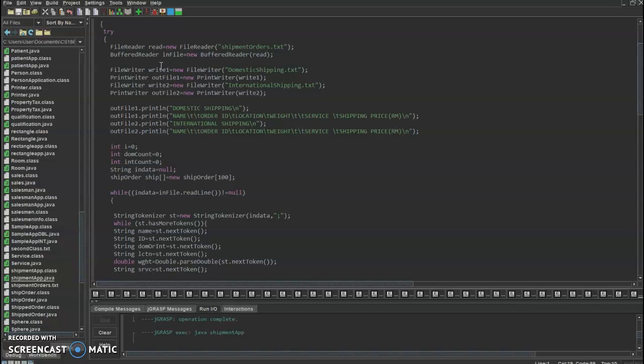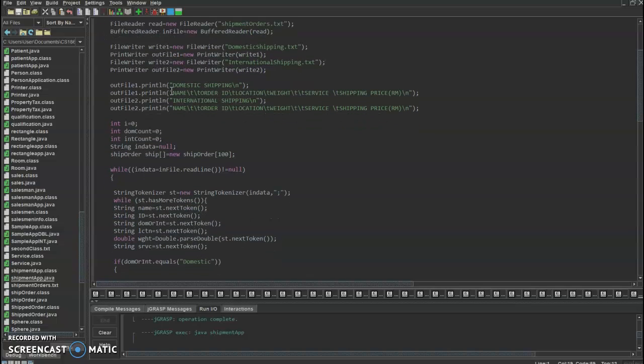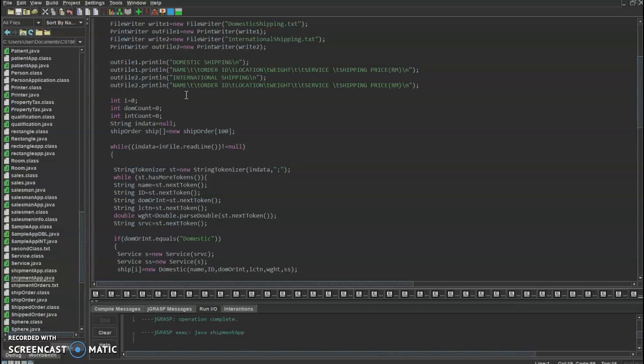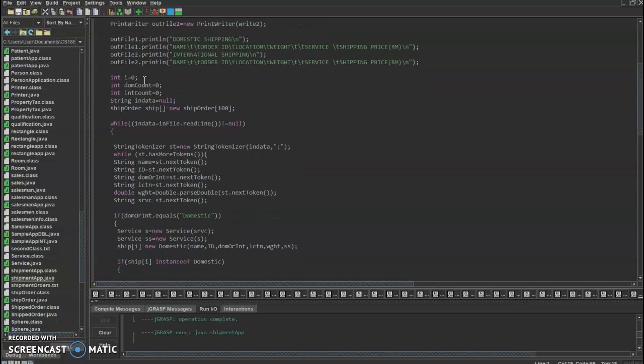Then we will have two file writers, write 1 and write 2, that will write into two different text files, domestic shipping and international shipping. And to print into these text files, we'll be using PrintWriter with names out file 1 and out file 2. So we print into these two files with different labels, domestic shipping and international shipping,